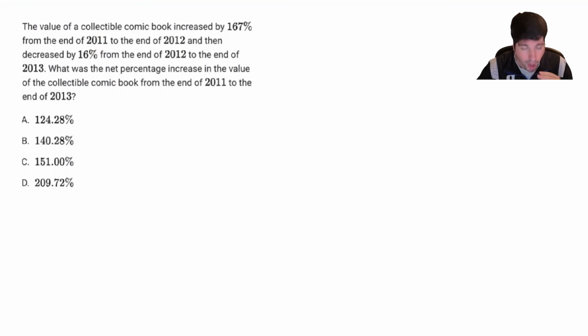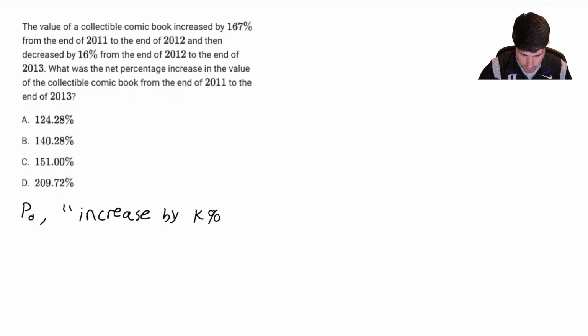When you see a problem like this, it's quite easy to get overwhelmed by the sheer amount of text. But what we want to do is abstract the process and learn how to generalize this kind of problem. So what do I mean by this? Whenever we're given a problem where they give us an initial price P, and then they tell us that the price increased by K%,